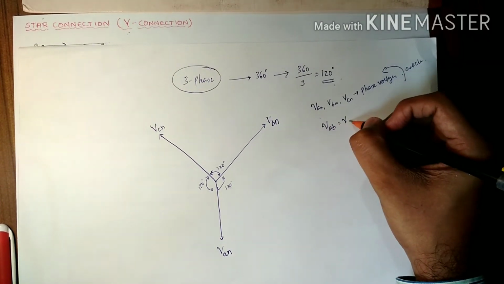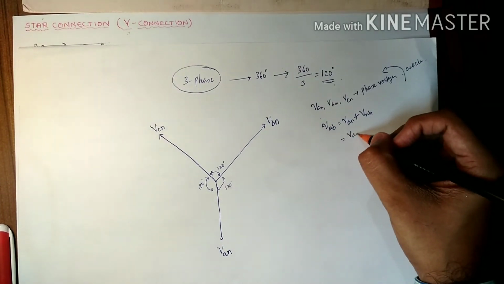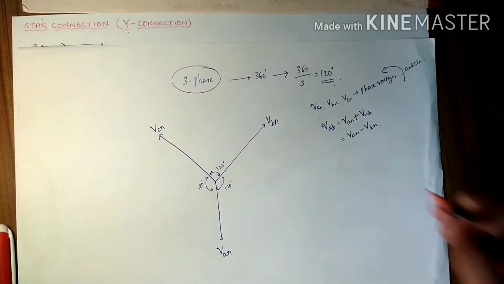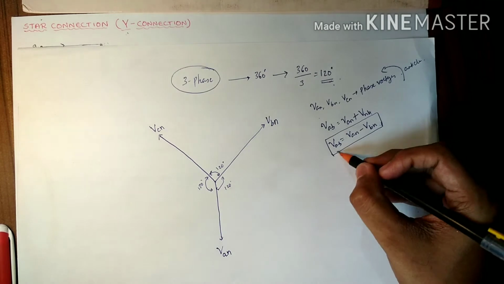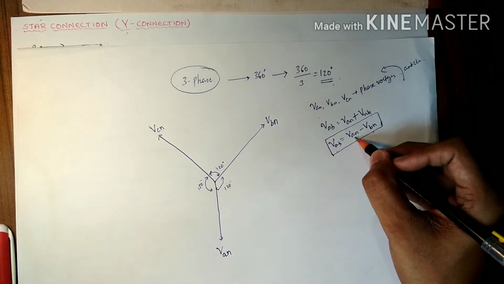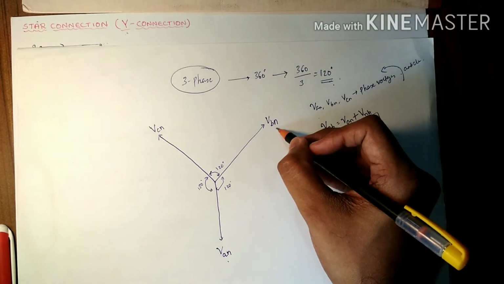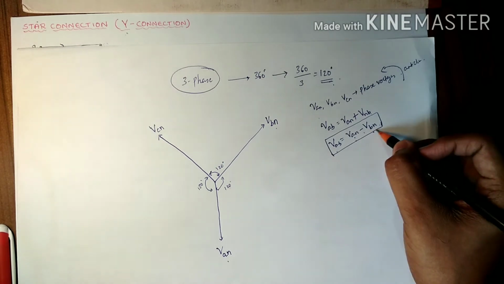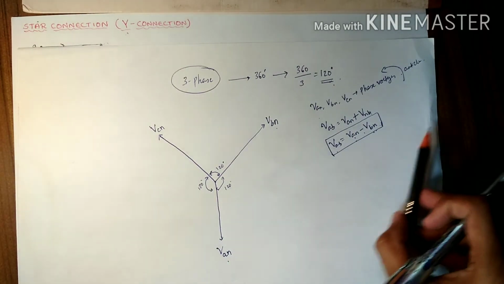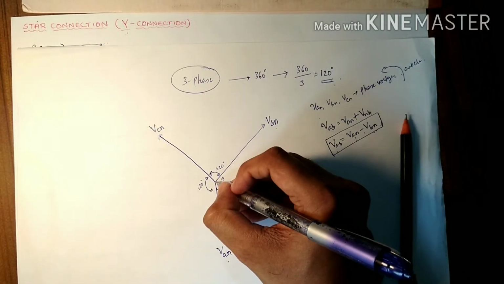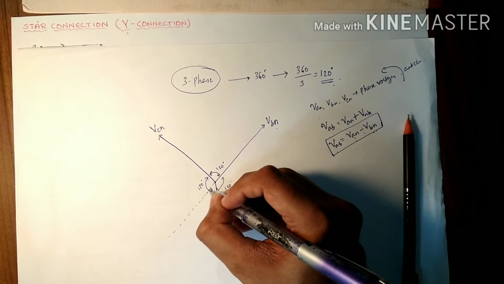Now as per the equation, what did I get? VAB is equal to VAN plus VNB, or it is also equal to VAN minus VBN, right? So let me take this equation: VAB is equal to VAN minus VBN. I need VAN, I need minus VBN. I have VAN, but I have positive VBN, but what I need is negative VBN. Therefore, I must draw the vector in the opposite direction to that of VBN.